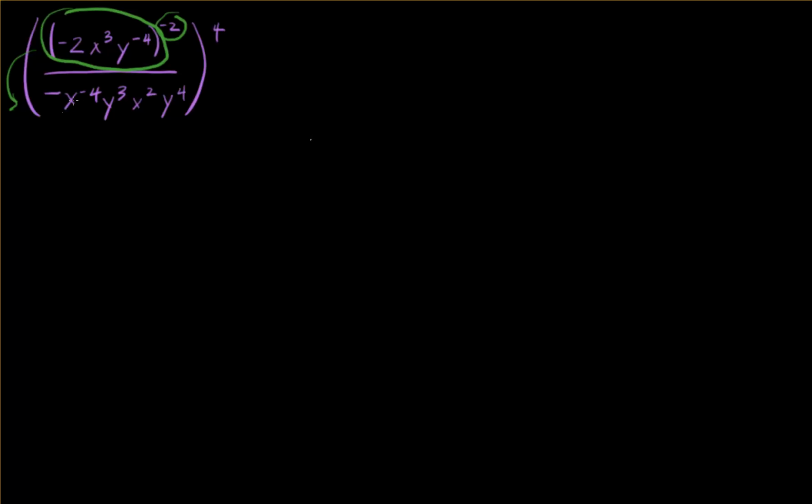And also, on the same property, we have an x to the negative 4 right here. That's going to move up. Now, what's in front of it? A negative. There is a negative 1 here. I'm going to leave that down in the denominator when I move that x to the 4th up. So we have an x to the 4th. Okay, and then we have a negative 1 and a y to the 3rd, x to the 2nd, and y